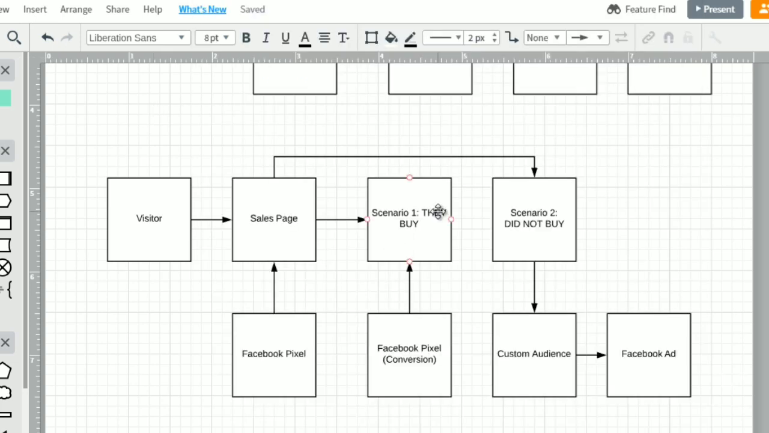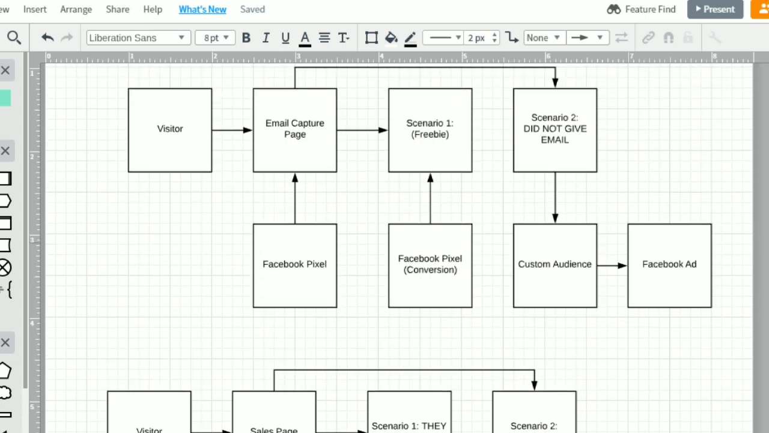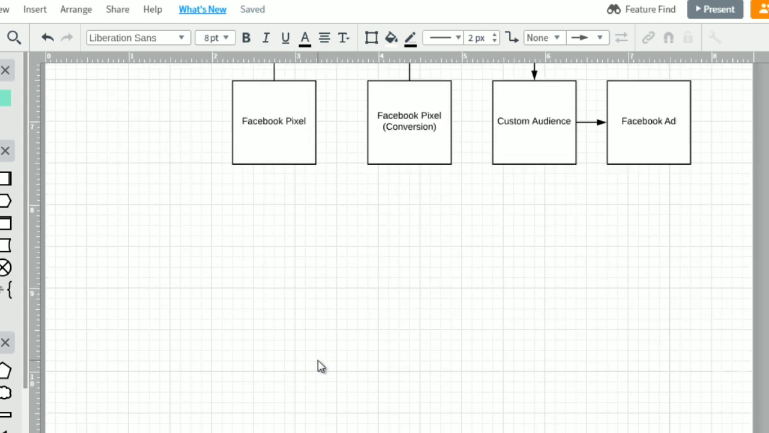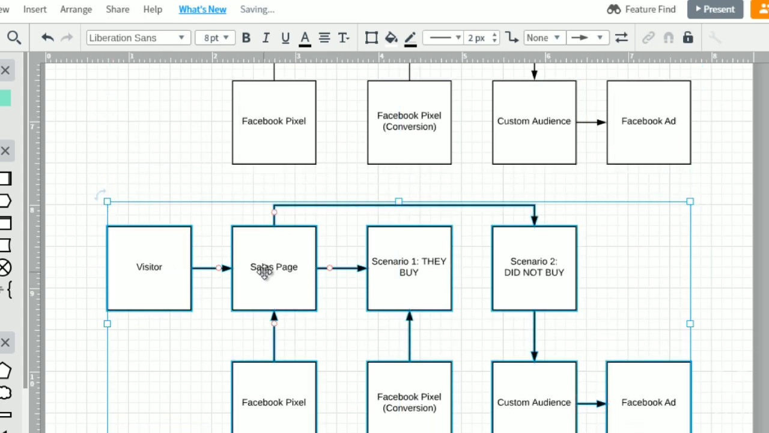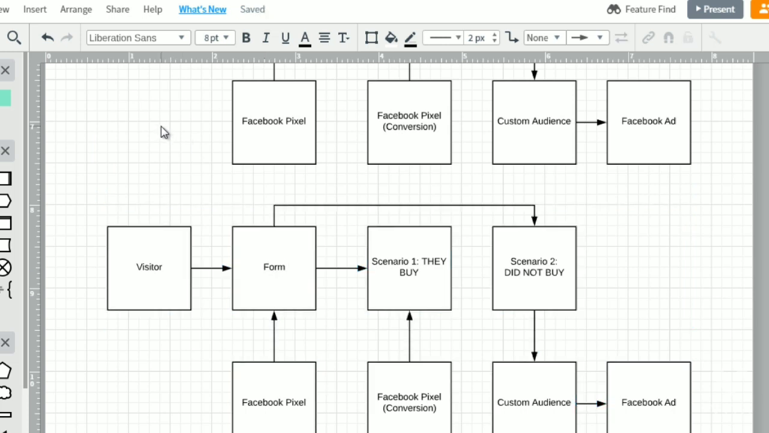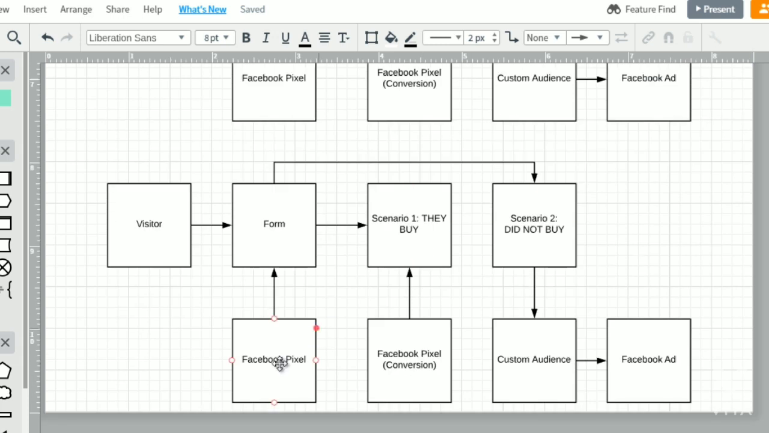So now we have a form. We got the sales page here, and let's do a form. So they come to the form, and our goal is to get them to fill out the form. We've got a Facebook pixel here as well. Of course, in scenario 1, they fill out the form, and then we have a Facebook pixel and we're able to track that they did fill out the form. And in scenario 2, they did not fill out the form,